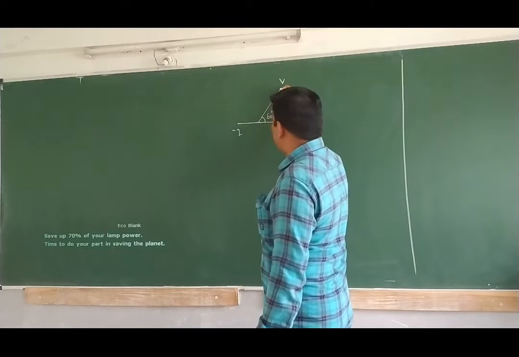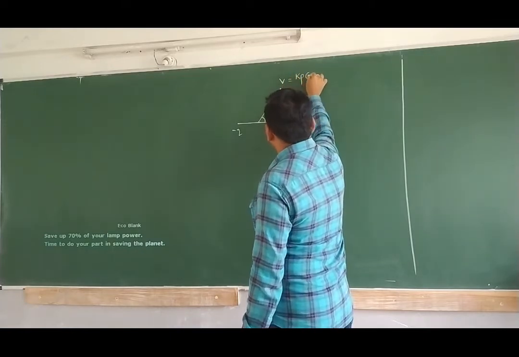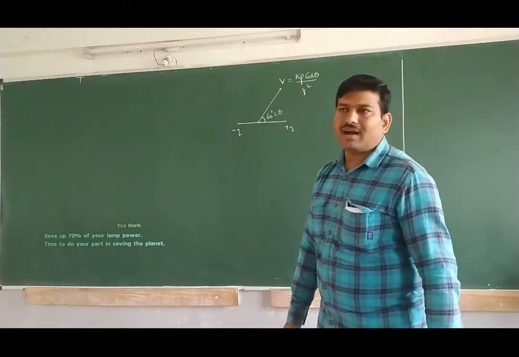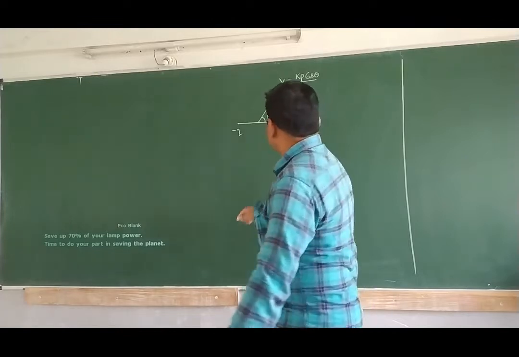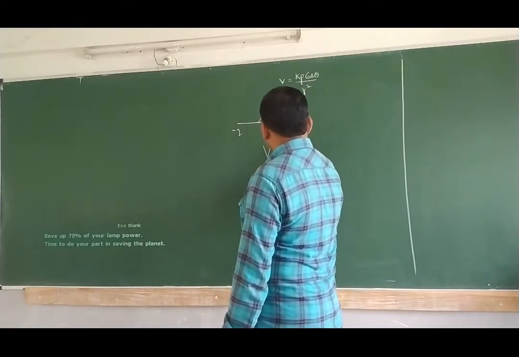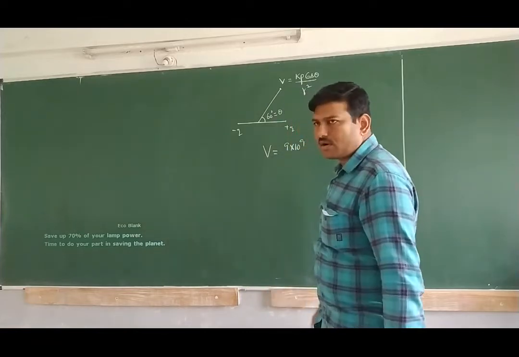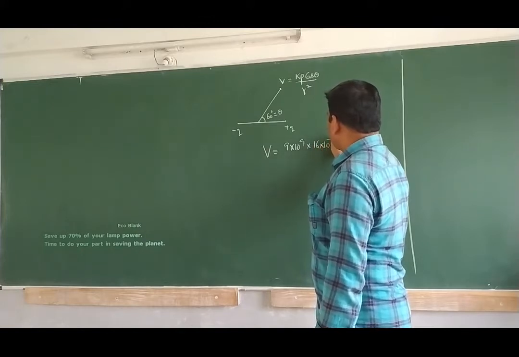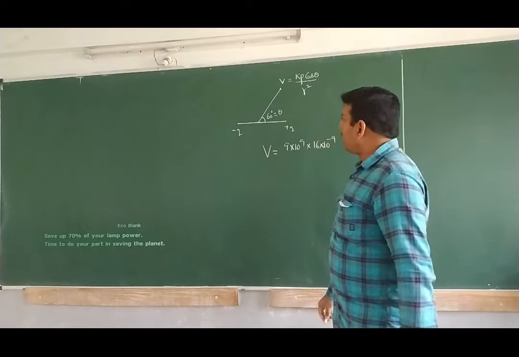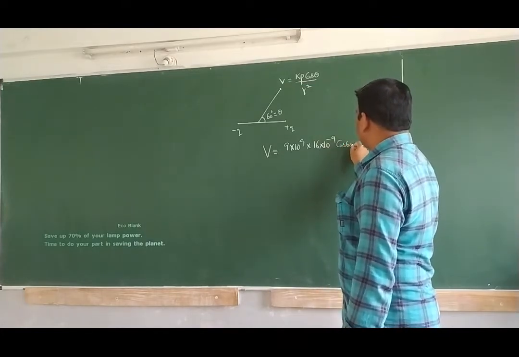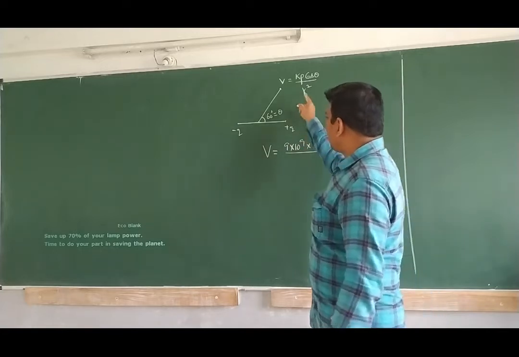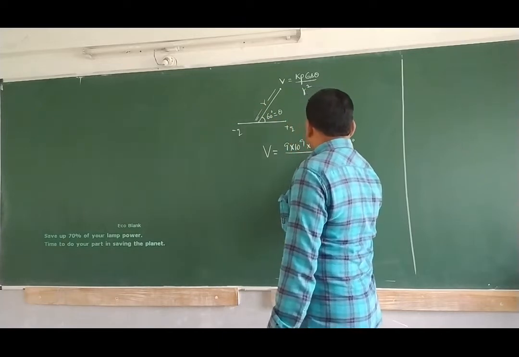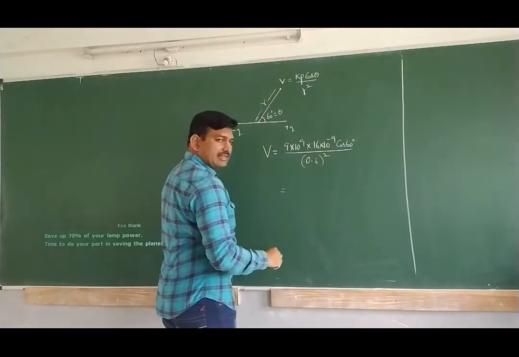What is the potential formula here? Potential formula here is K p cos theta divided by r square, due to a dipole at some angle. So now, according to this, V is equal to K, which is 9 into 10 to the power of 9, 1 by 4 pi epsilon naught value. Dipole moment is given as 16 into 10 to the power of minus 9, and cos 60 is half, divided by r, which is given as 0.6 meter. This distance is r, equal to 0.6, whole square. I can write it like this.